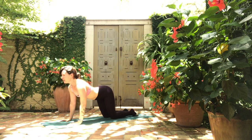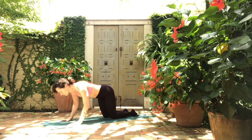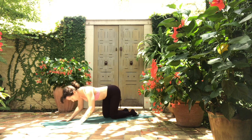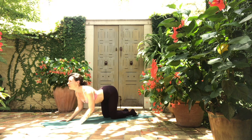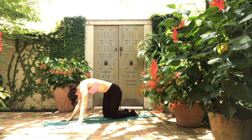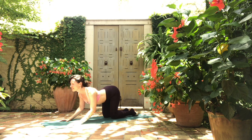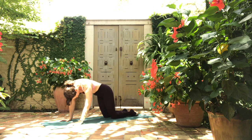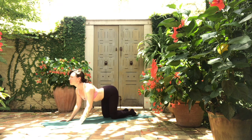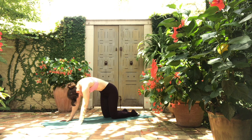And inhale is a cow pose, gaze up, open the heart. And exhale is rounding to cat pose. We can look back towards the navel. We move back and forth with our breath, aware that we're moving through the spinal column, moving through what we might be visualizing as that pranic channel directly in front of the spine, and just letting everything get a little more open so that energy can flow a little more freely from the tailbone all the way out through the